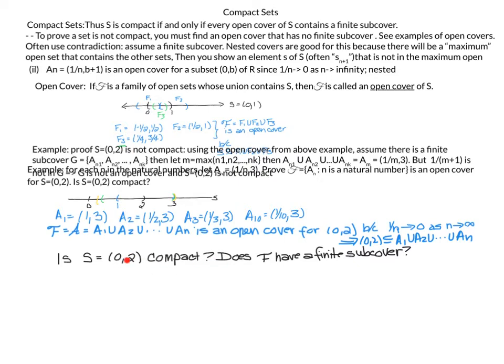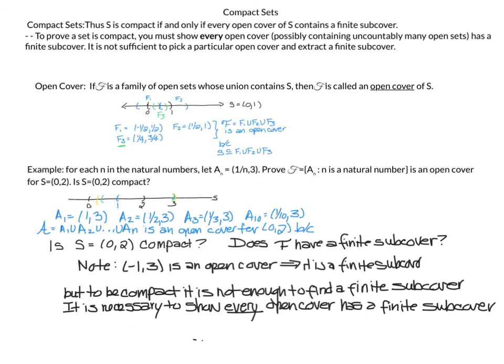So the union of my finite number of subsets, if M is equal to the maximum of all these indices here, then the union is going to equal A_M, which is the open interval from 1/M to 3. So G is not an open cover because if I look at 1 over M plus 1, it will not be contained in G. Therefore, we cannot have a finite subcover, and S, the interval 0 to 2, is not